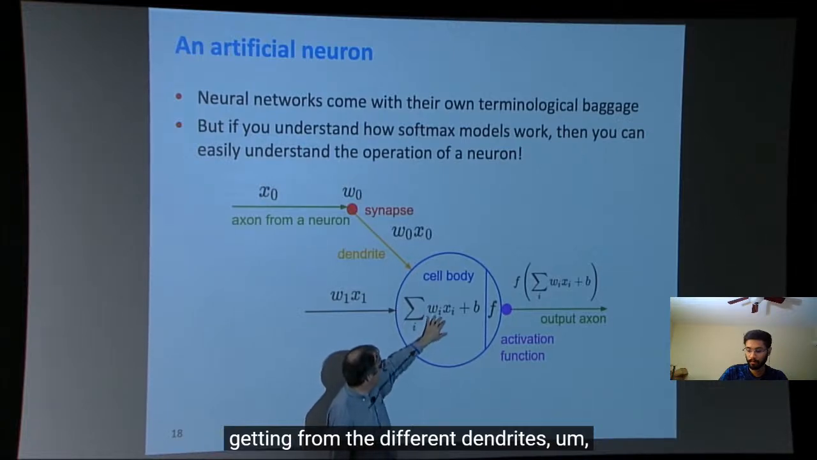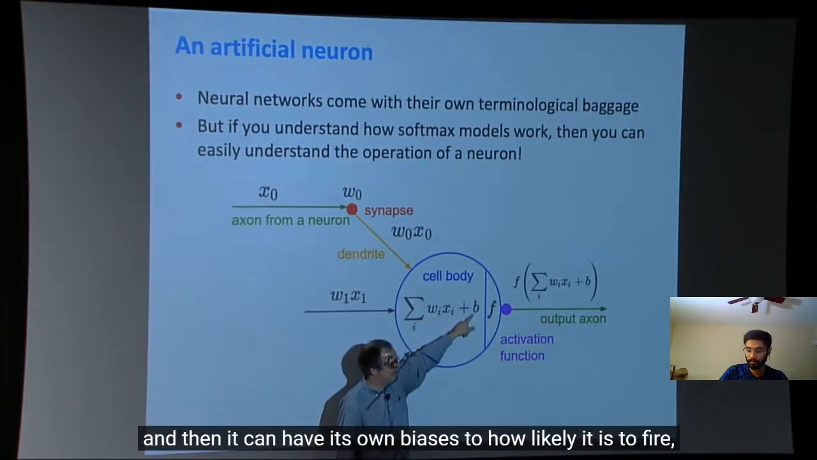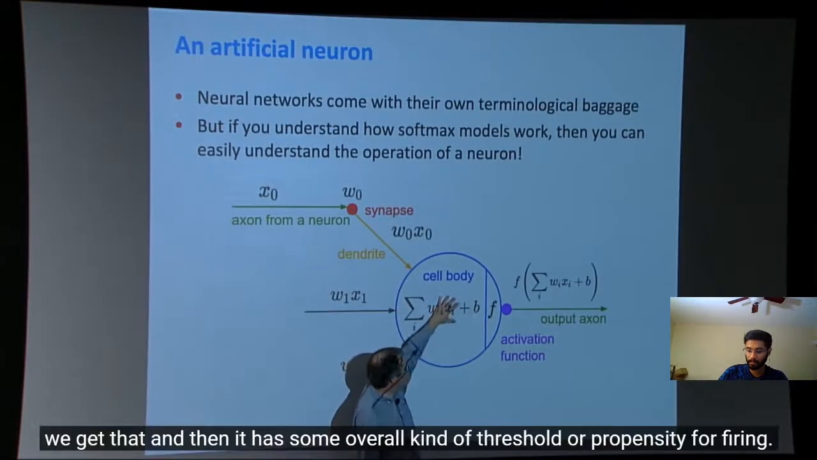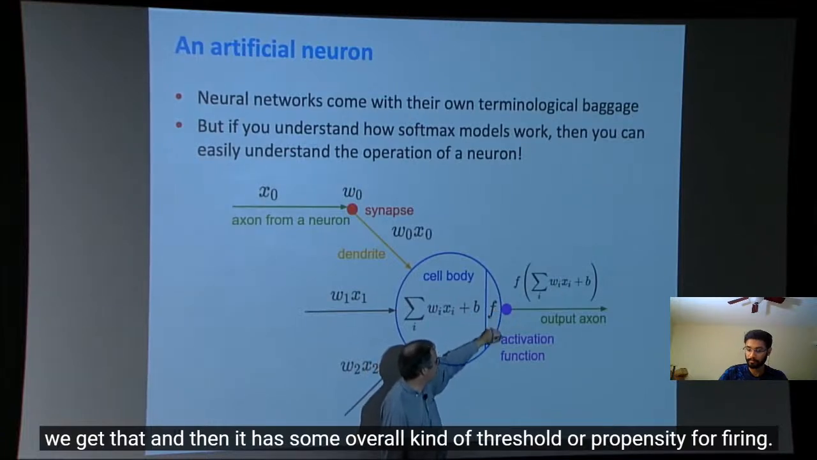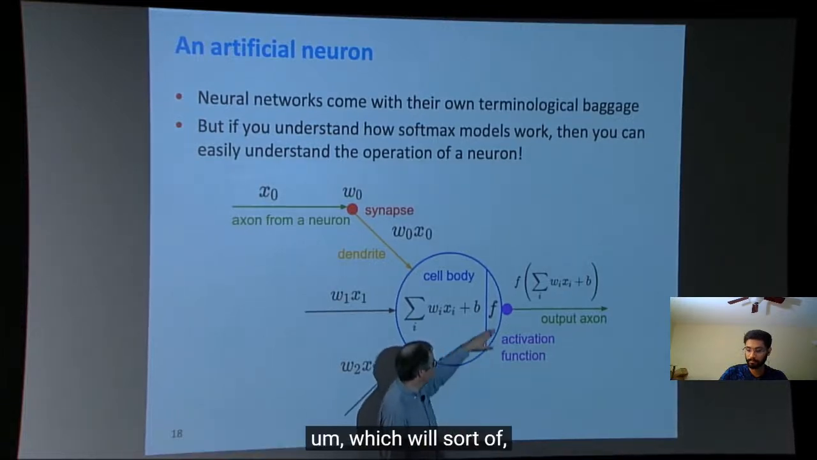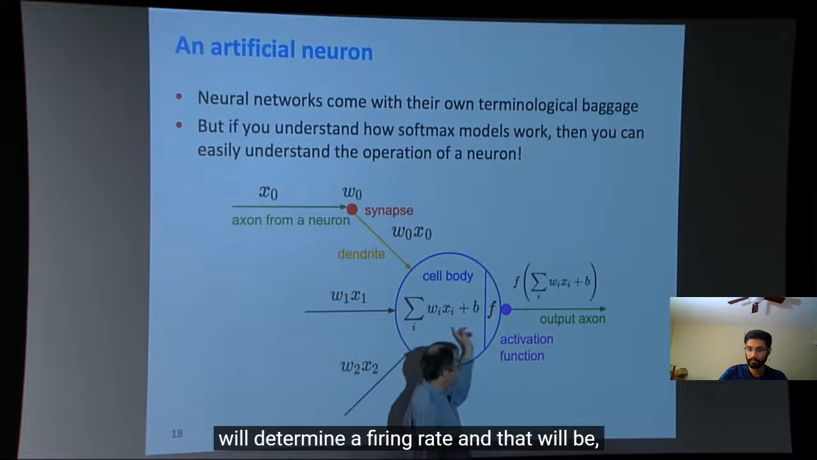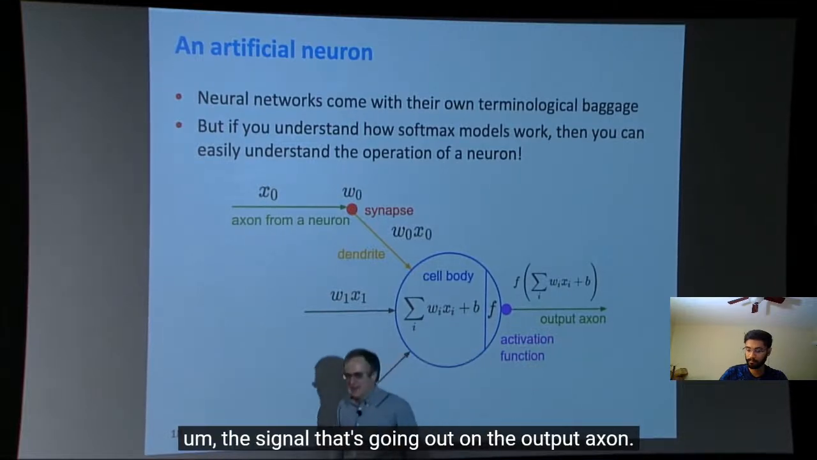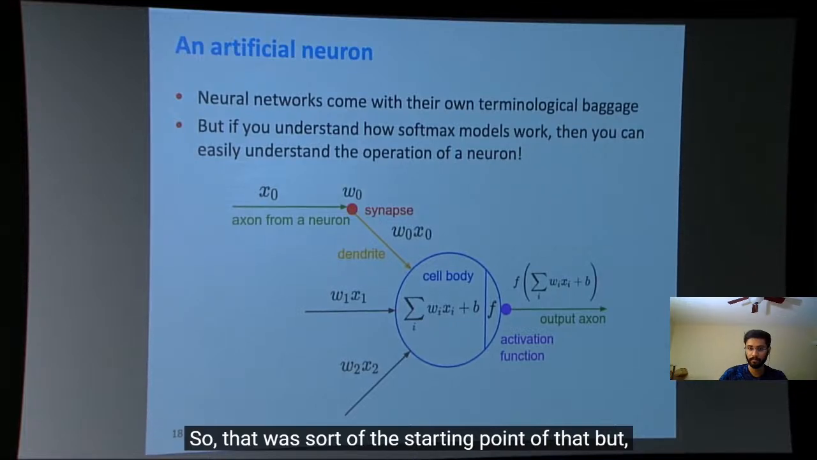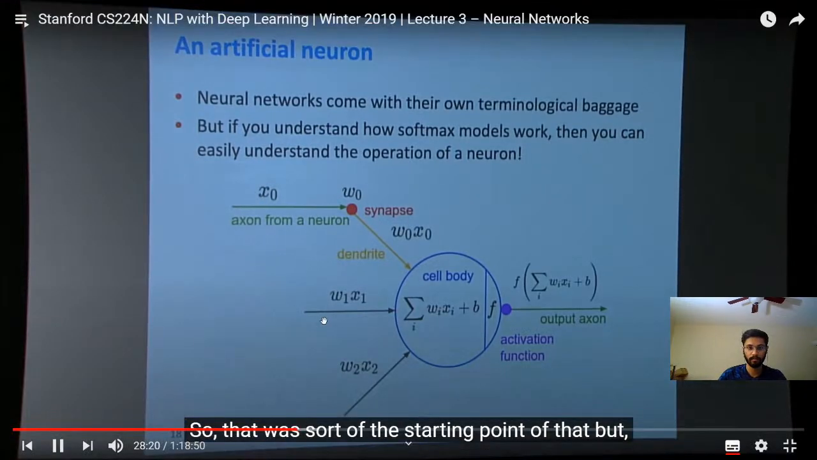dendrites, and then it can have its own bias as to how likely it is to fire. That's the B. So we get that, and then it has some overall threshold or propensity for firing, so we stick it through an activation function, which will determine a firing rate, and that will be the signal that's going out on the output axon. So that was the starting point of that. But, you know, really,